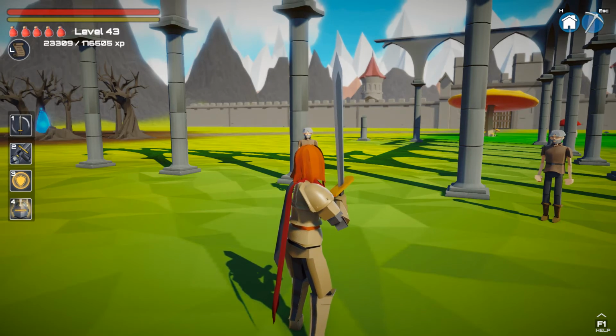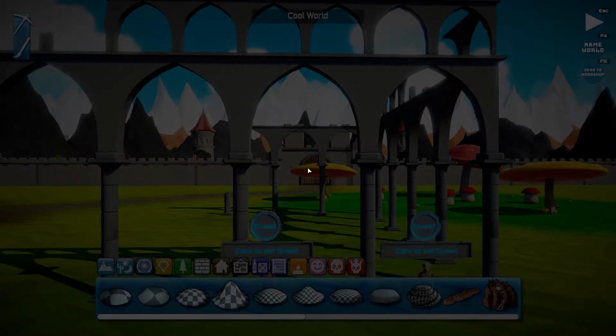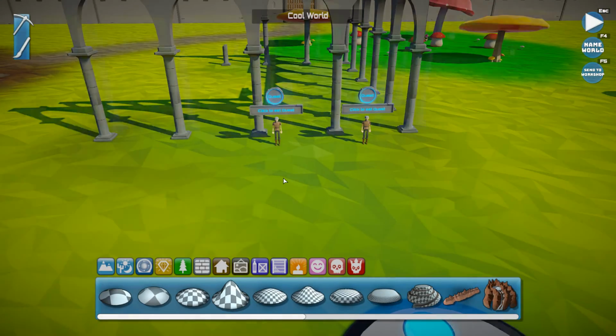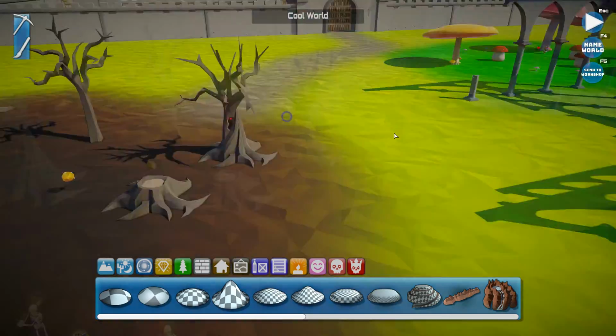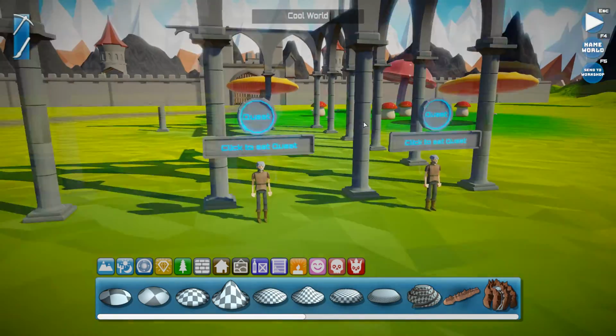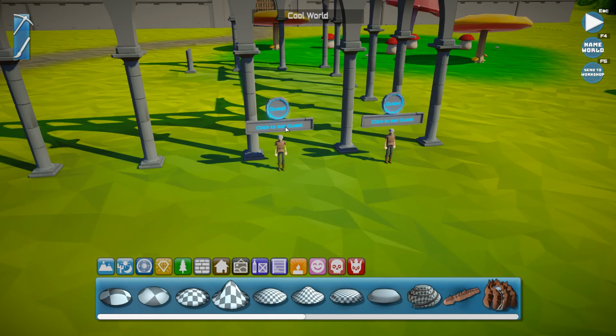How did I do those? So let's just go into edit mode and have a look. So you can see these NPCs have now got a little bit like the portals. If you remember, the portals have got links above them. NPCs have got quest links above them. So if I click on this guy,